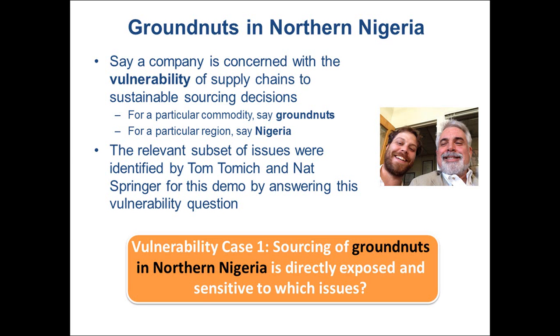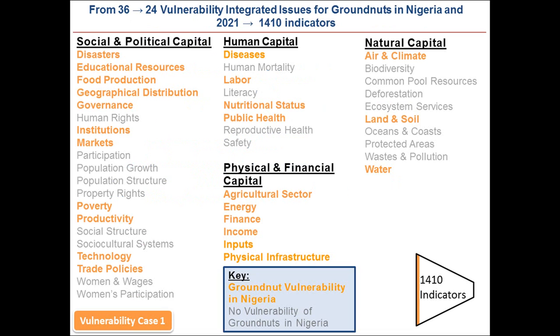So once again, Tom and I took the new framework question for vulnerability and asked the question of all the 36 issues and their various components. So we said, well, is sourcing of groundnuts in northern Nigeria directly exposed and sensitive to this issue? With, again, exposure and sensitivity being 2 main criteria for defining vulnerability. And so we did this, and this step resulted in taking our list down from 36 to 24. So 24 integrated issues with just over 1,400 indicators to represent them. So if these are the issues that we must measure for vulnerability,